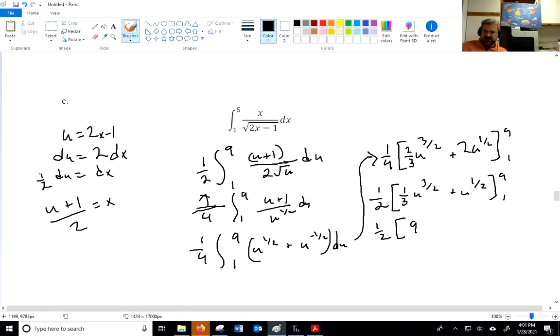And then 9 to the 1/2 is 3. Now I'll plug in the 1. So this will become 1/3 plus 1, and I put those in parentheses. So 9 plus 3 is 12. So this becomes 12 minus 1 is 11 minus 1/3, so